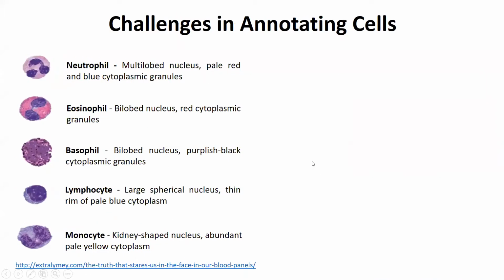I would also like to point out the challenges which we faced while annotating these cell types. For example, here you can see that there are different cell types, for example, neutrophil and lymphocytes, which we specifically annotated, which is a subtype, which is a part of immune cells. In the neutrophil, you can see here they are multi-lobed and have pale red and blue cytoplasmic granules in